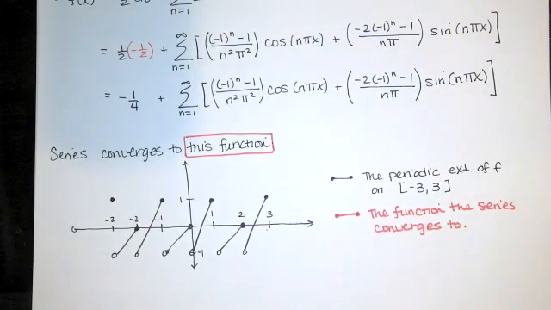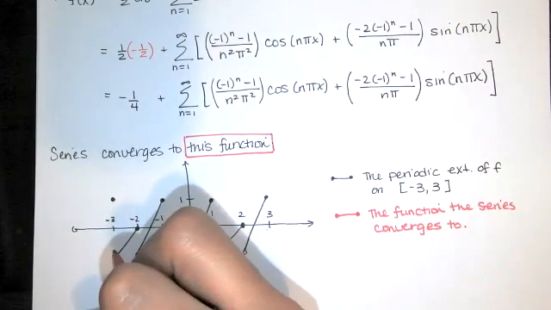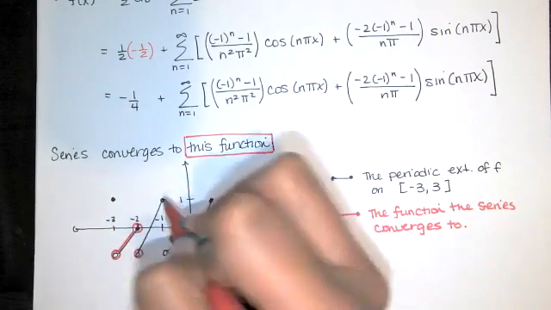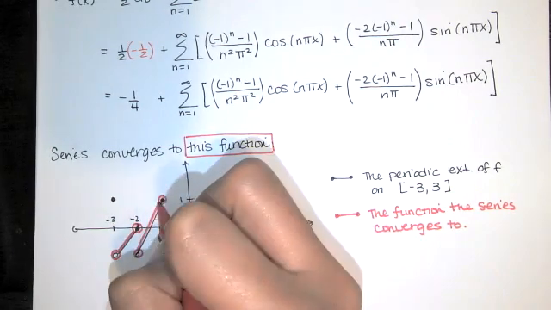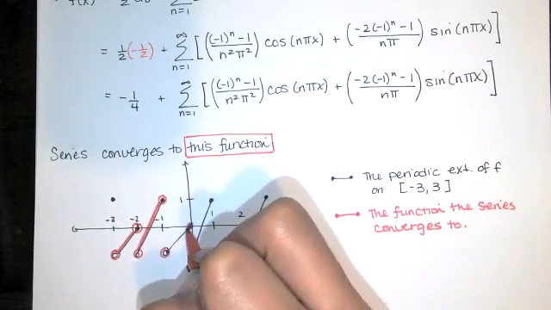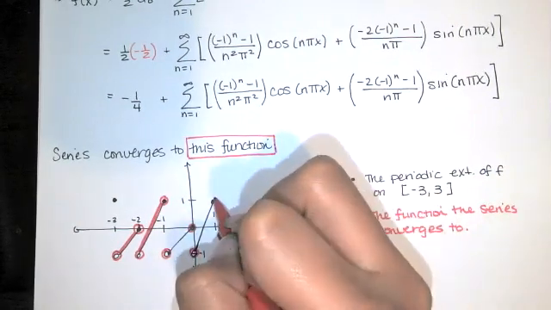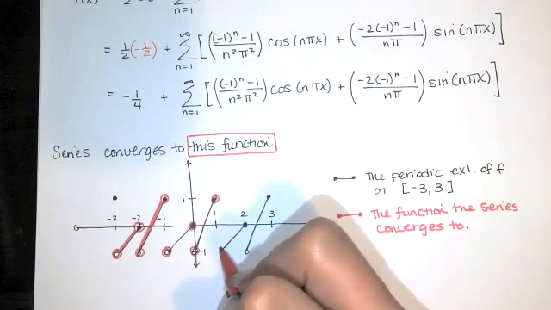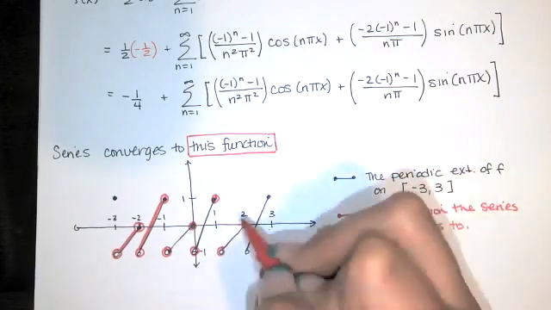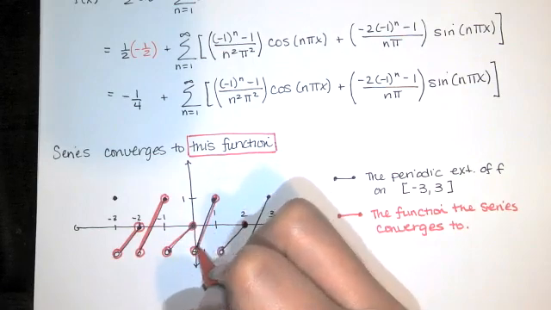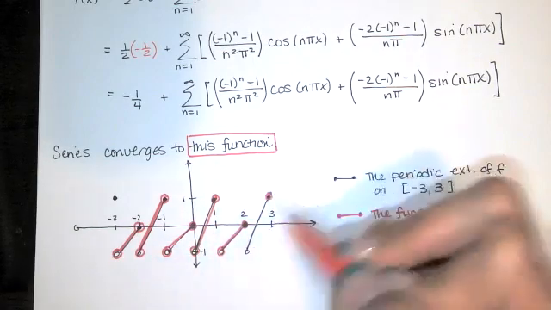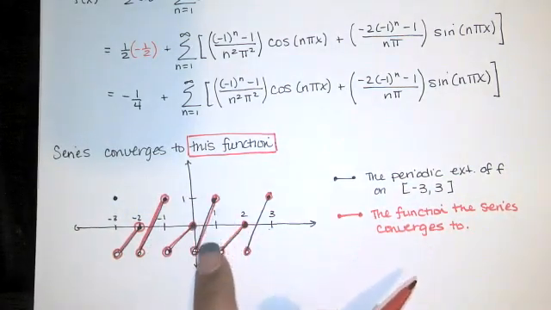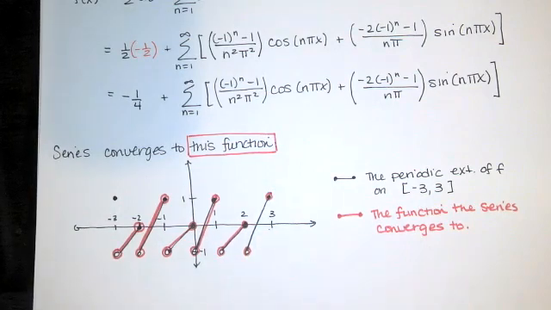So the series is going to converge to this whenever this is continuous. So I have an open circle there, and an open circle there, and an open circle there, and an open circle there. It's kind of hard to tell that those are supposed to be open. Maybe I should draw it on a different graph. Well, maybe we just know that each of these guys are supposed to be open. I think I said open enough, but